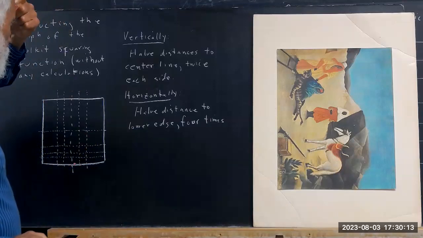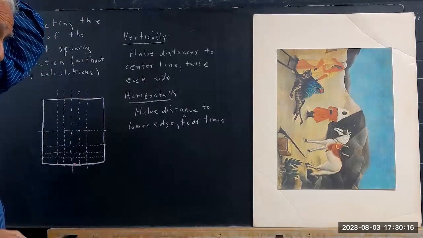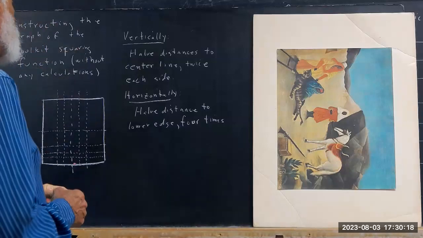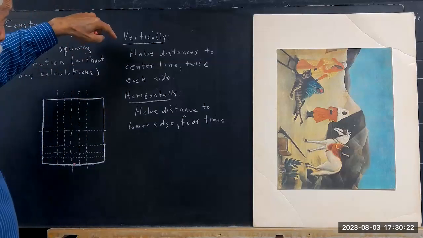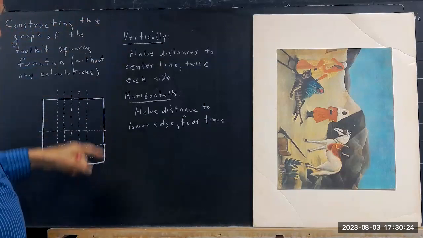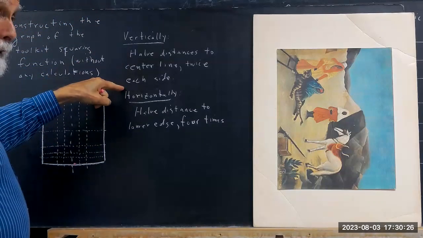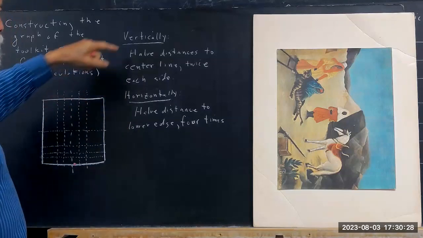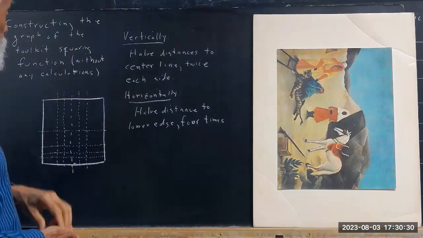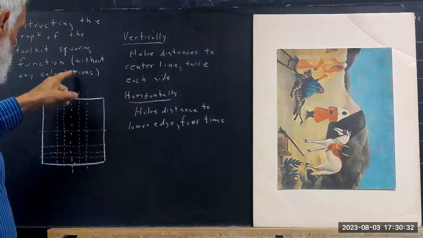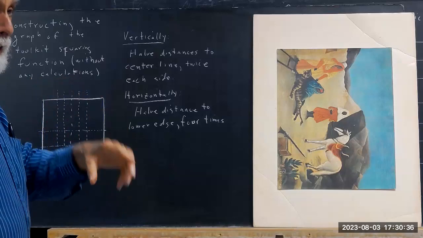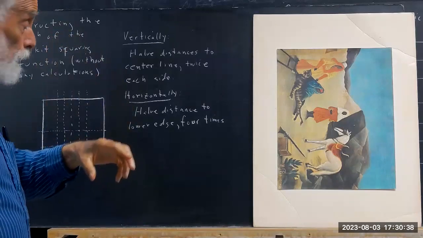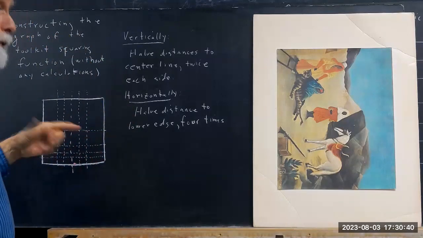One thing I didn't tell you with these instructions is where to start. If you need that instruction vertically, you need to start at the right edge and do this. Then you need to start at the left edge and do this. If you start at the right edge and halve the distance to the center, in other words, cut it in half, not have, halve, cut the distance in half or subdivide